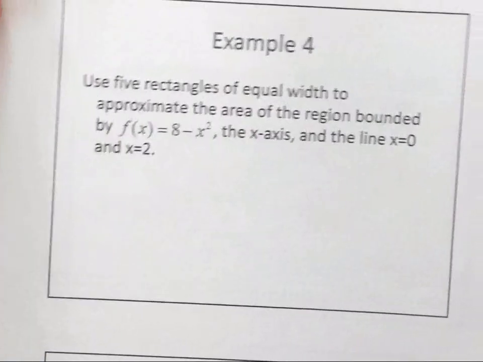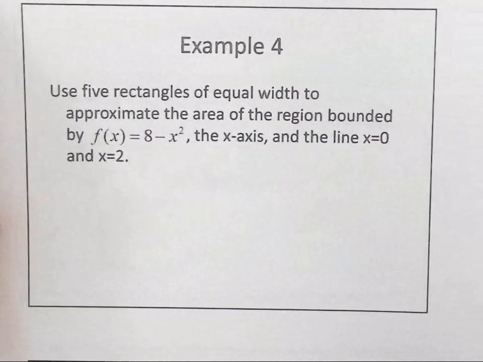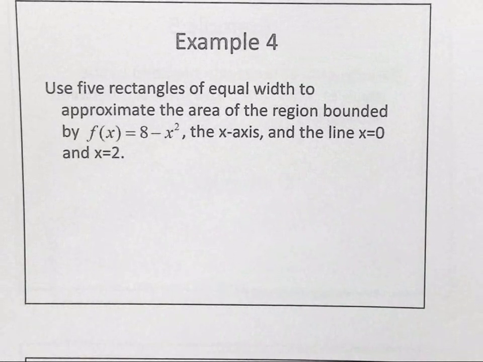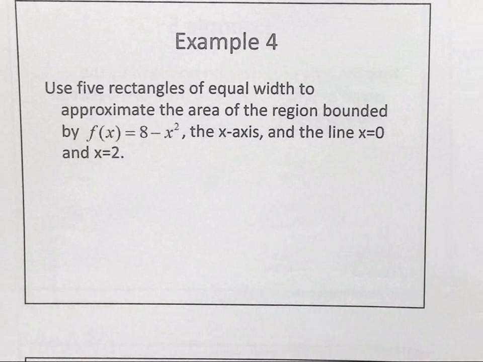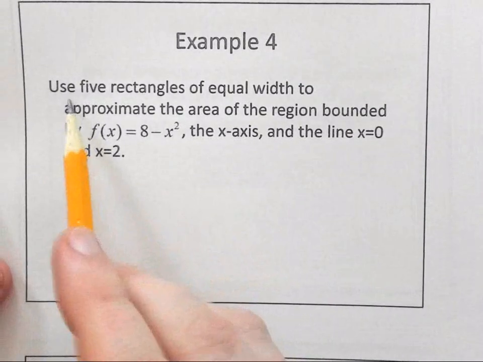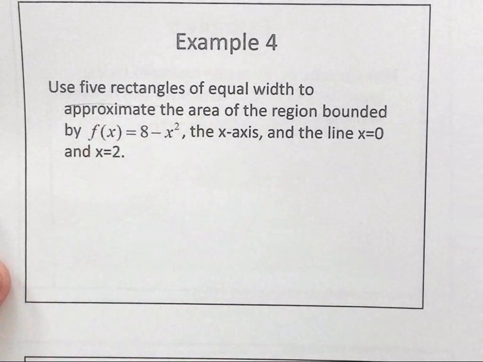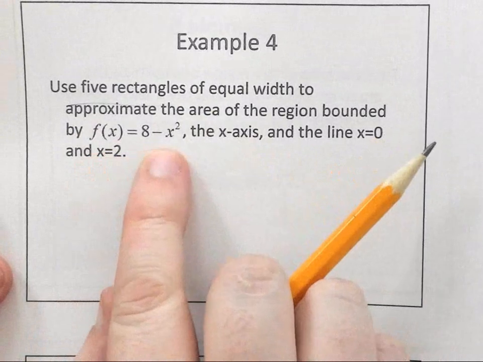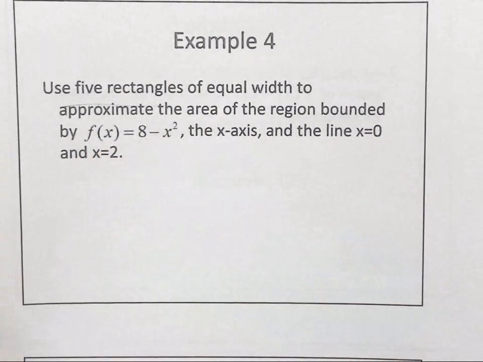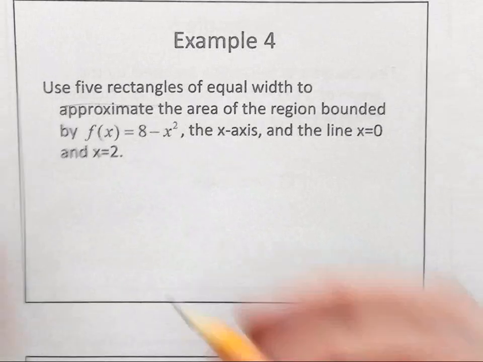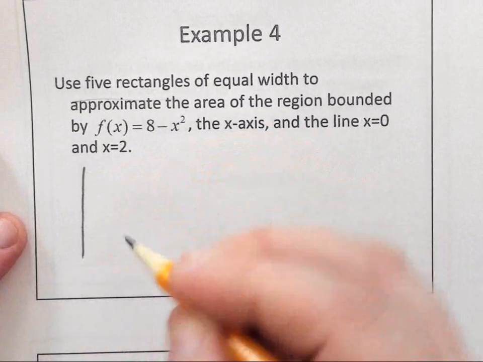So what we're going to do is use shapes that we know the area of to find the area of that shape we don't know. So if I look at this, I want to actually break this graph up into 5 rectangles. Okay? I want to figure out the area then of those rectangles. So if I have f of x equals 8 minus x squared, what's that graph look like? Parabola opening down, y-intercept of 8. So if I graph this,